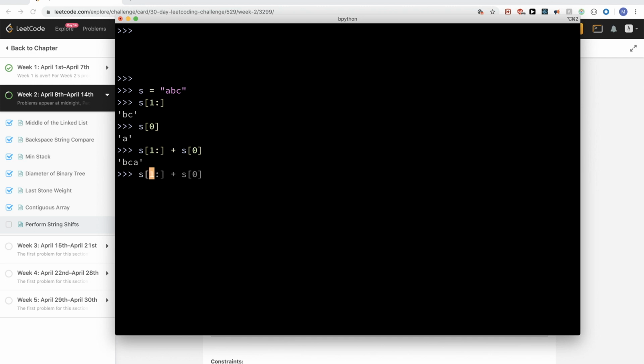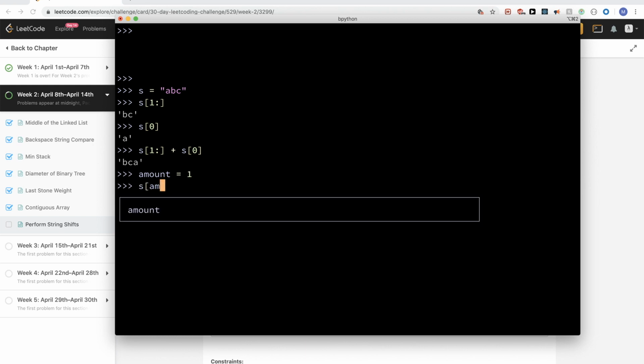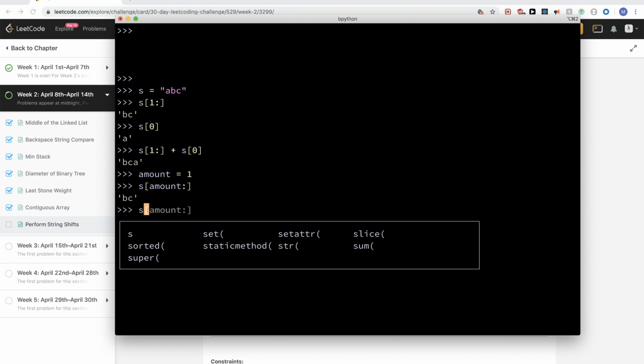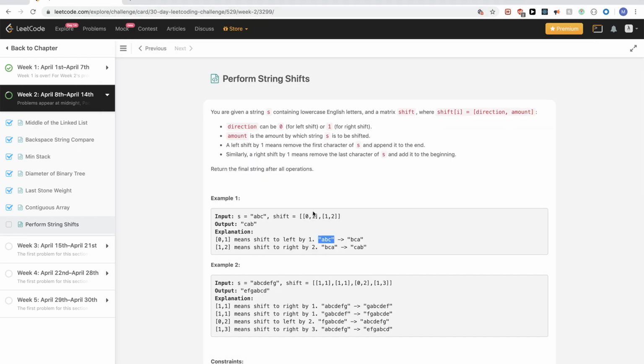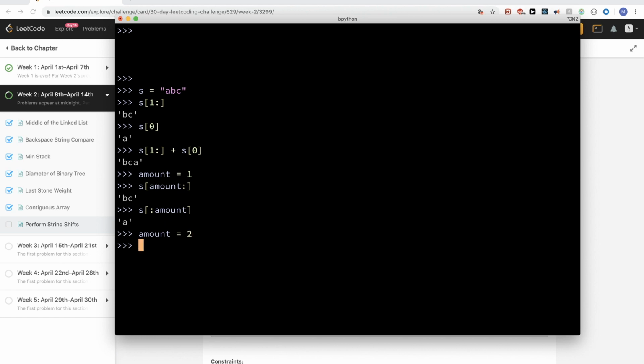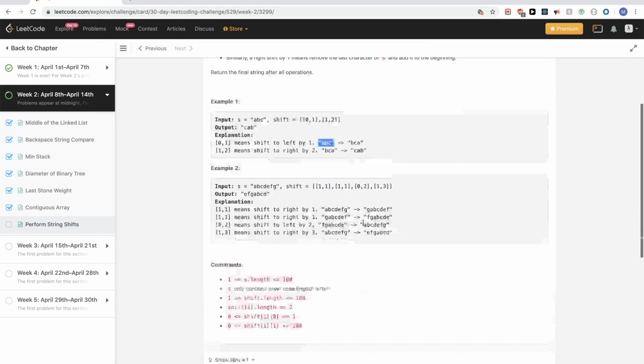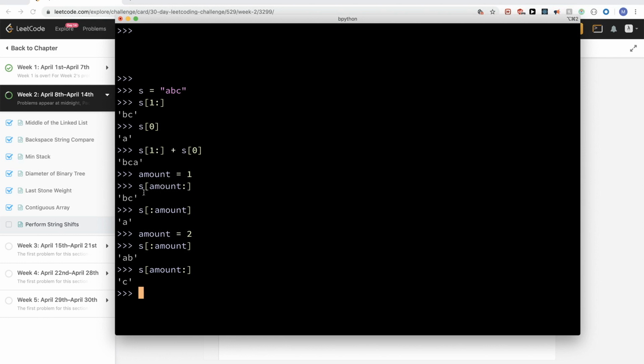But what is 1? So let's say shift or amount would be 1. And so what we want to do is use amount like this, right? And then we want to do something maybe like this, so that we can limit it. So that if amount is 2, this would be AB, and this here would be just C, right? So that's correct. So what we want to do is S[amount:]